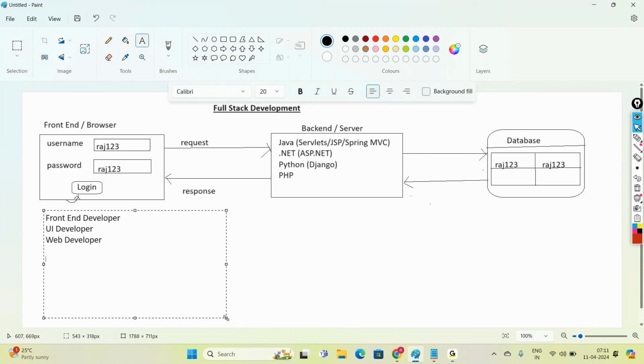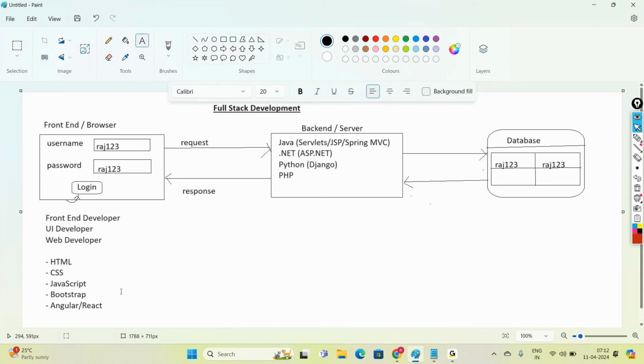The technologies we use to develop this are HTML, CSS, JavaScript, Bootstrap, and Angular or React. Only one of Angular or React is used. So if you have an idea on these technologies, then we call you a front-end developer or UI developer or web developer. If you have an idea only on the backend side, then we call you a backend developer,